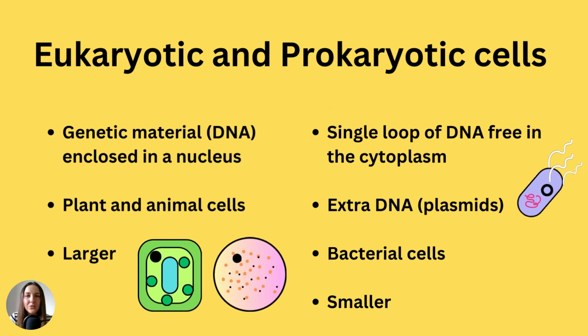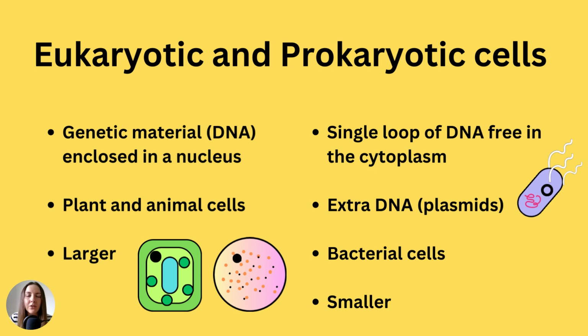Eukaryotic cells are cells which have a nucleus. This includes plant and animal cells. They're usually much larger cells compared to prokaryotic cells, around the 10 to 100 micrometer in size mark. Now, what is a micrometer? It is a thousandth of a millimeter. So we're talking really, really small still. We still need to use microscopes to actually see these cells and the structures within them, but they are much